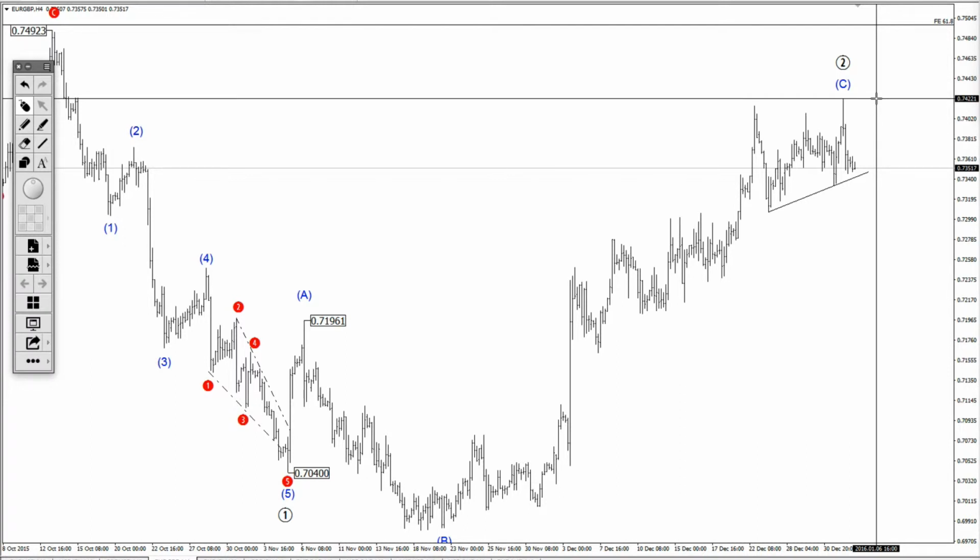Remember that I talked yesterday that if we are seeing more upside start to approach the 0.75 level, then this whole structure, whole larger wave count is not correct. But now it looks like we may have started the decline. We have seen the end for this minor wave 2 correction and can maybe expect more downside